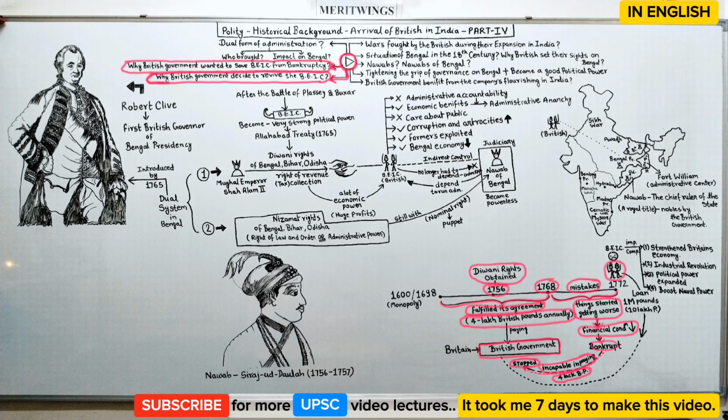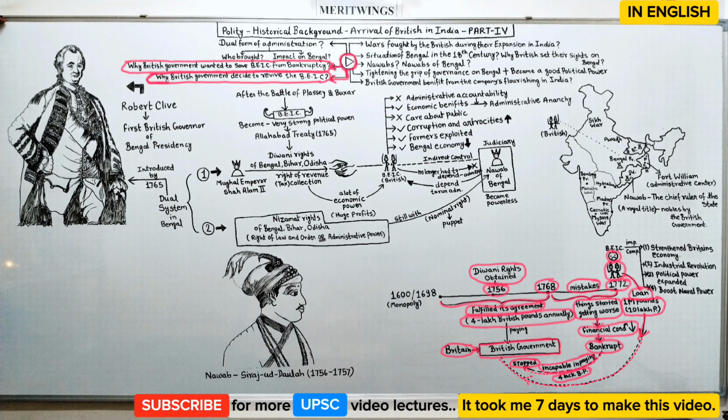By this time, due to its mistakes, the East India Company had reached the verge of becoming a complete bankrupt, friends. Not only this, the East India Company had reached the point of taking a loan from the British government. Instead of sending 4 lakh British pounds annually to the British government, the East India Company itself started asking for money from the British government. In 1772, the company nearly became bankrupt and it asked for a loan of 1 million pounds, that is 10 lakh pounds from the British government. This was shocking for the British government because this was the same company which was sending huge profits to the